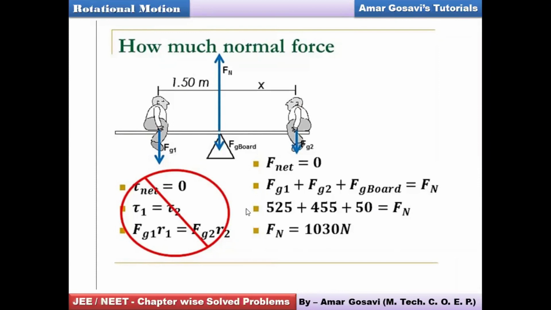So the first condition of equilibrium, that is the translational equilibrium, that the forces along the y-axis equated to 0, gives us the normal force Fn equal to 1030 Newton. Very, very important step. Please make a note of it. So by using the first condition of equilibrium, we have found out the normal force. All right.